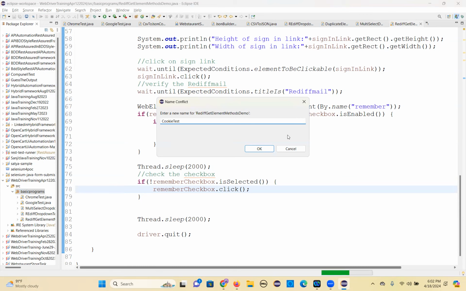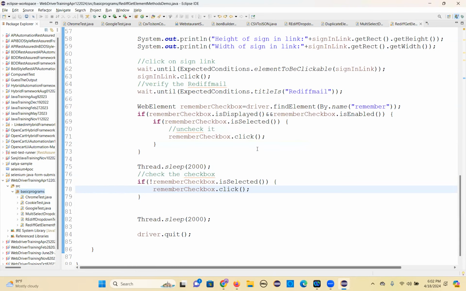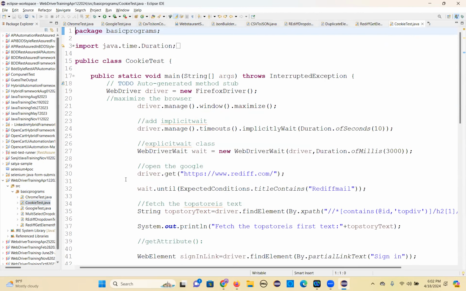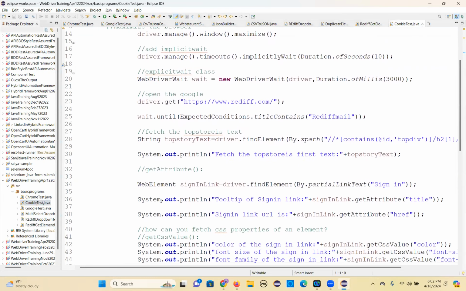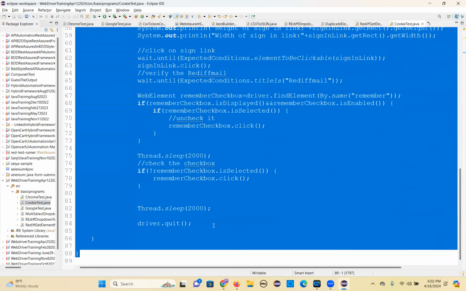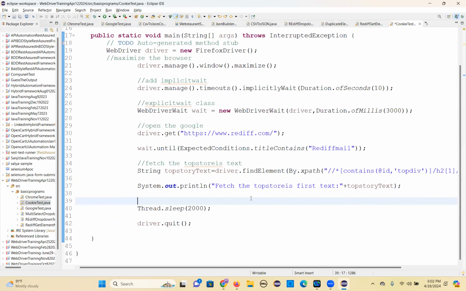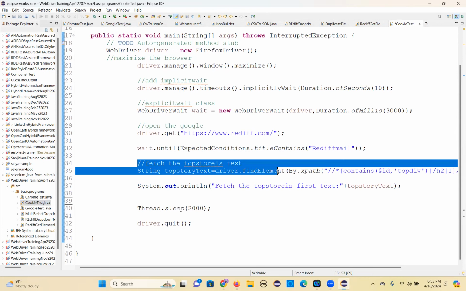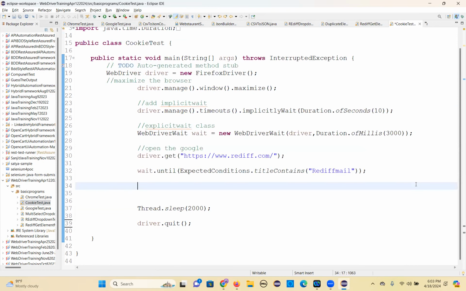So to do this cookie test, we have a cookie class. That cookie class we are going to use. Everything you can keep as it is, and remaining everything you remove it. But we don't need all these things. Even this one also we don't need. You're fetching the top one, right? You don't need that. So first, what we are going to do here is, I want to add a cookie